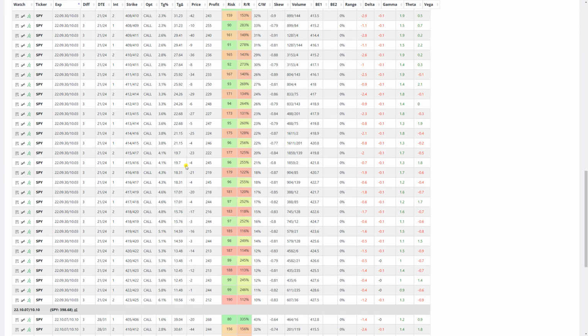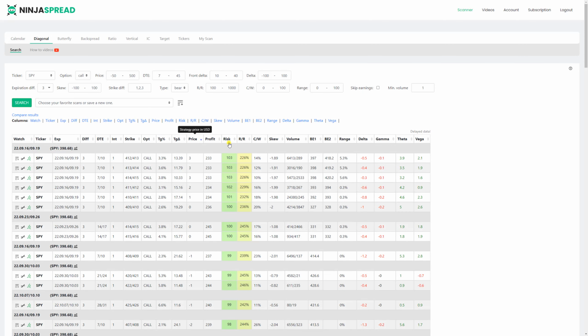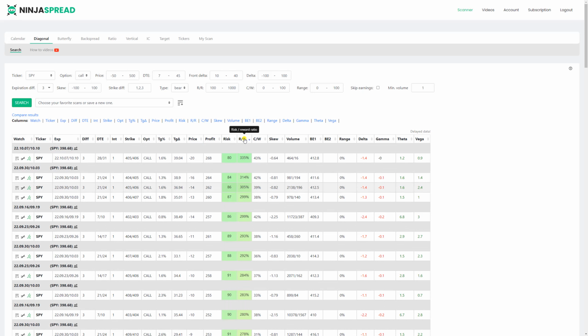Wow, a lot more. See? A lot more, because we are accepting negative numbers as the price. These are credit diagonals. I can sort by price. I can sort by risk reward. The best risk reward is this one with a target price of this distance with this kind of expiration, and